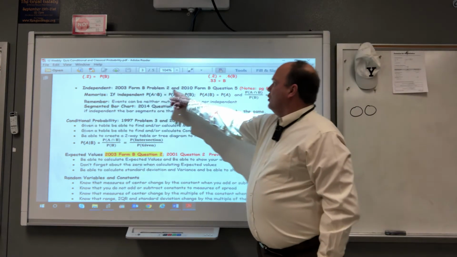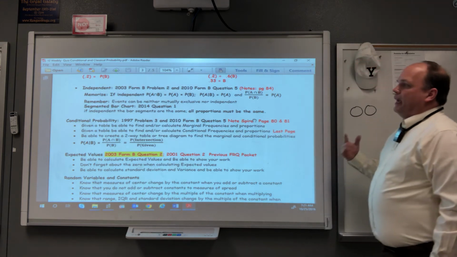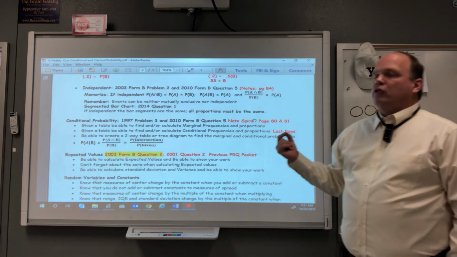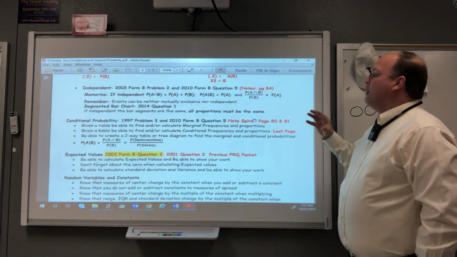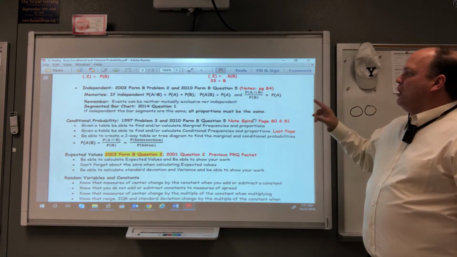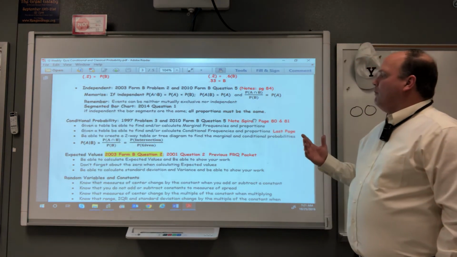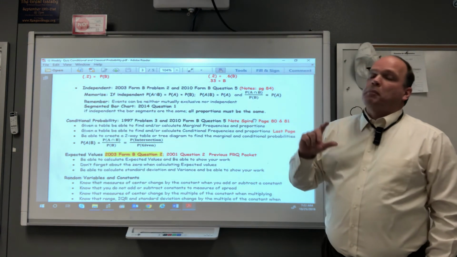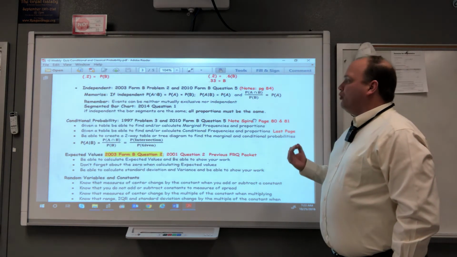These problems can be found in your note spiral, and you need to be able to work those. Please remember, segmented bar charts will have sections that are exactly the same size if they are independent. If they're not independent, they're different. Also, you need to keep in mind that if you have a table of values, and the tables are proportional, not the same value, but the ratios are proportional on the table, then they are also